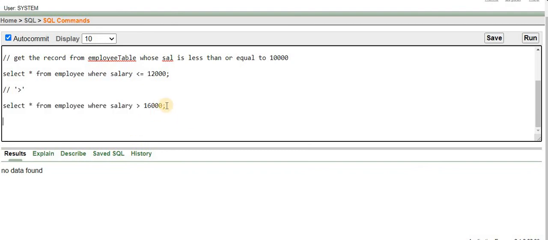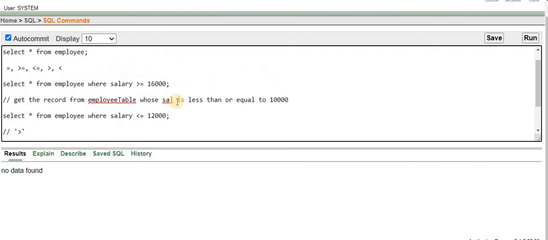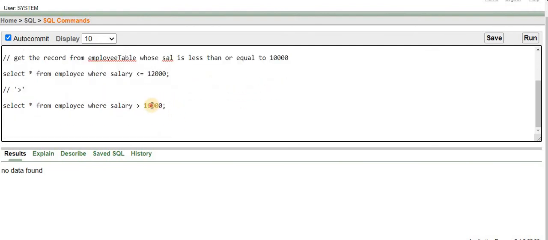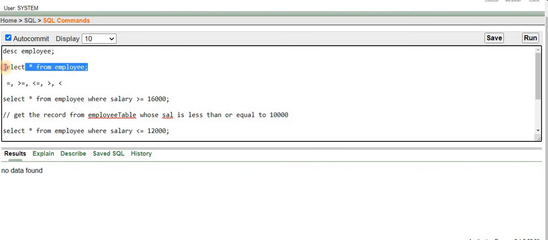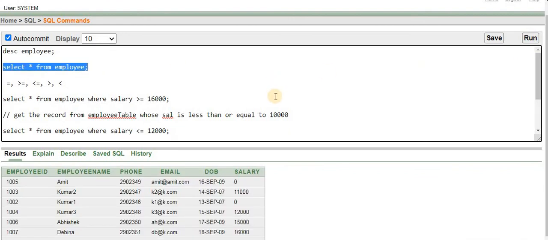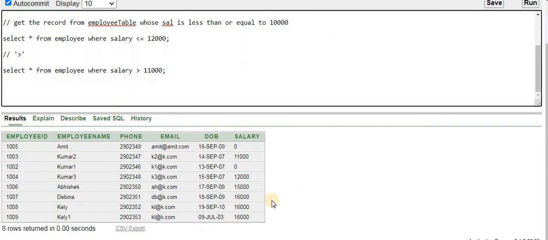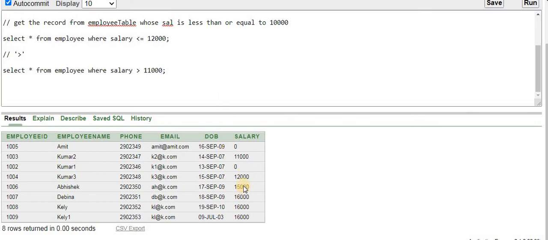Now let us go ahead and select the records whose salary is greater than 11,000. I want to get the employees whose salary is greater than 11,000. Let us go to the employee table. How many records are available whose salary is greater than 11,000? First record, second, third, fourth, fifth, 5 employees are available whose salary is greater than 11,000.